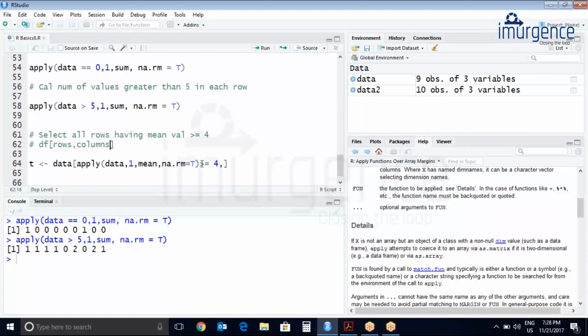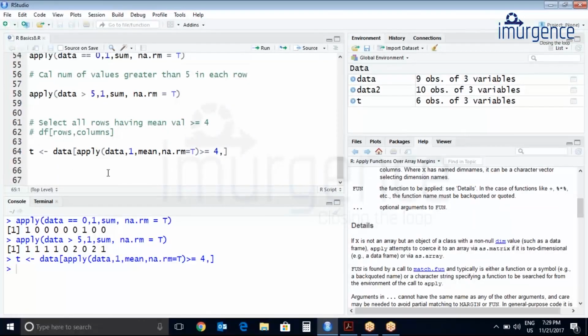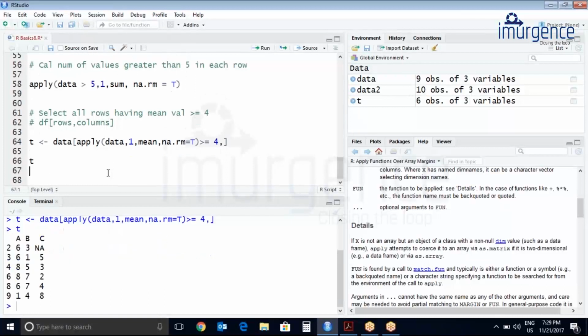Let's try to print now. Let's print T. So data, apply data 1 comma mean na.rm equals to true if it's greater than equal to 4.